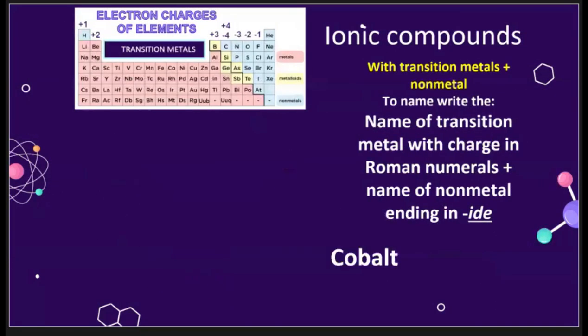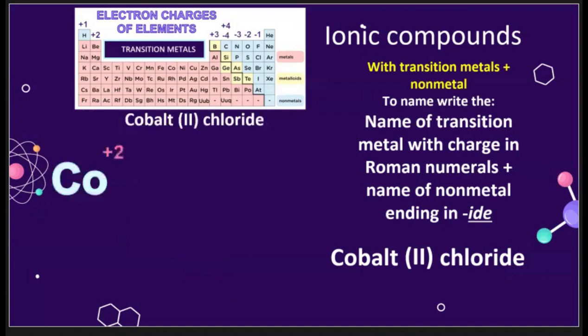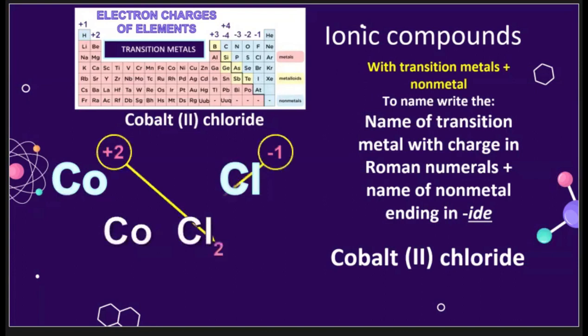Another example, cobalt 2 and chlorine combine to each other to form a compound. So si chlorine as non-metal should end with IDE. So instead of writing chlorine, it should be chloride. So cobalt 2 chloride, identify the charges. So we have cobalt positive 2 and chlorine as negative 1. Cross charges. Ayan. So we can write the chemical formula for cobalt 2 chloride